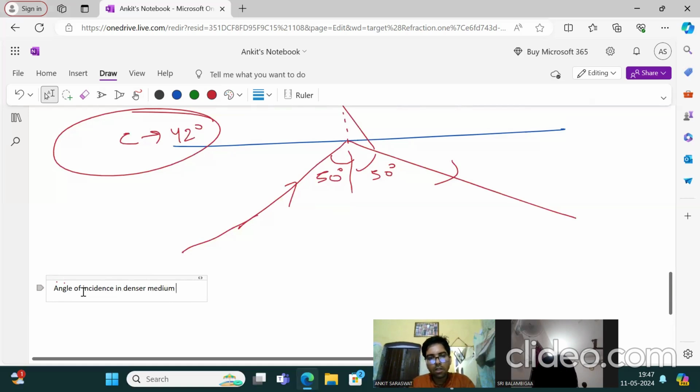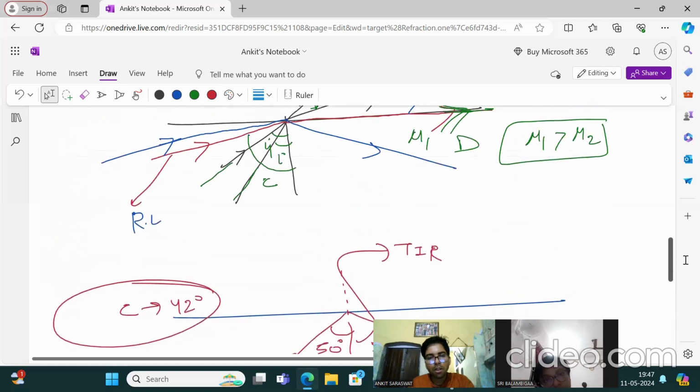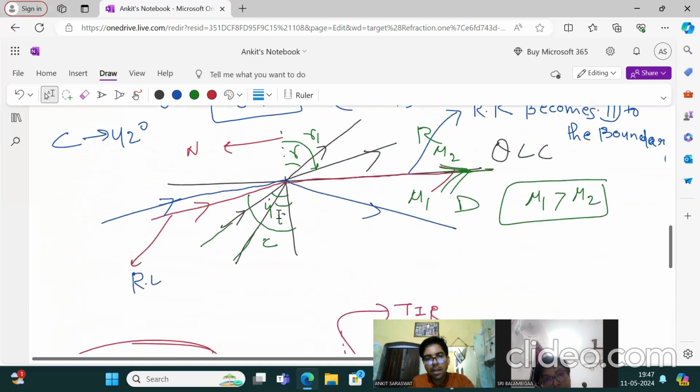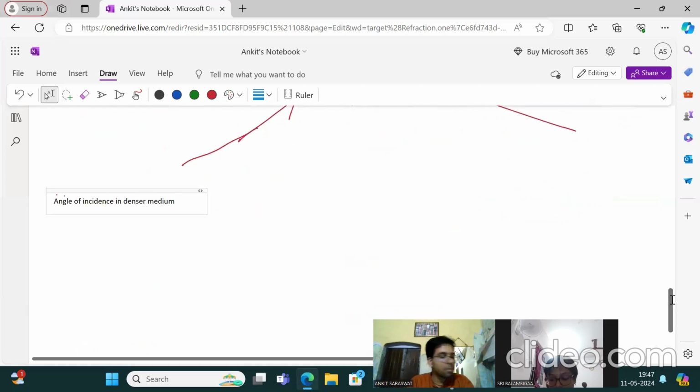Clear? All this angle. See, angle of incidence in denser medium means what? These angles like I1, C, these are the angle of incidence in denser medium. I'm talking about that. Clear? So angle of incidence in denser medium for which light rays